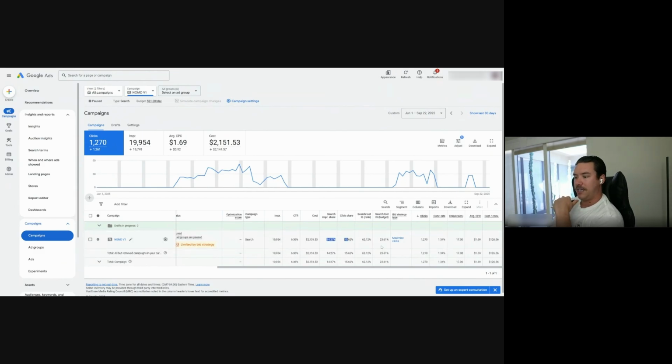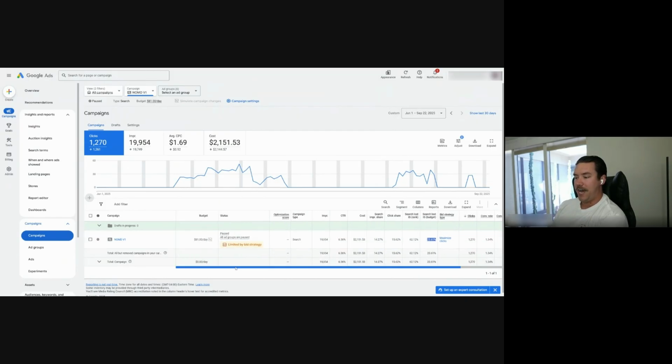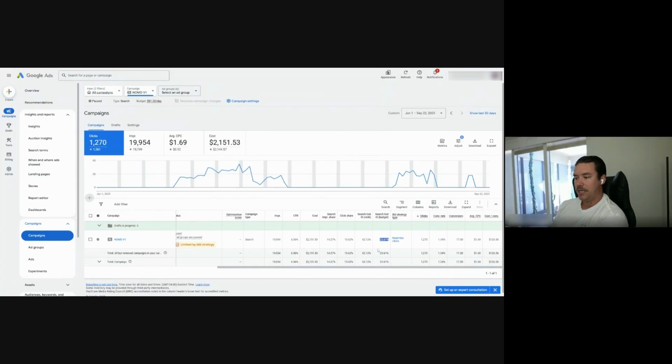And then the next thing I like to look at is, you lost 23%. You've lost almost a quarter of your impression share due to your budget itself. That's still not the biggest factor, so that's not too bad at all. But the biggest outlier here is that you've lost 62% of potential impressions due to your rank. So people are outranking you on the ads.